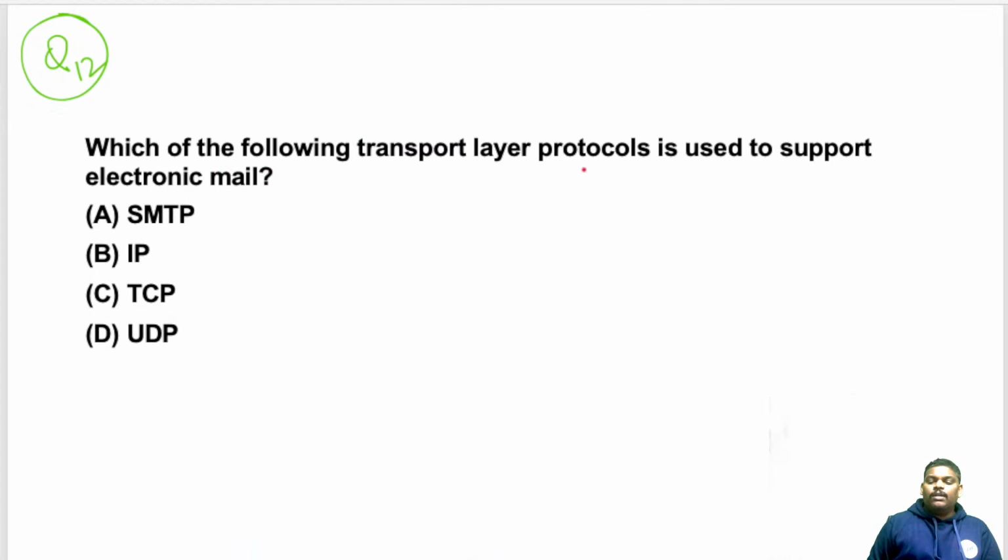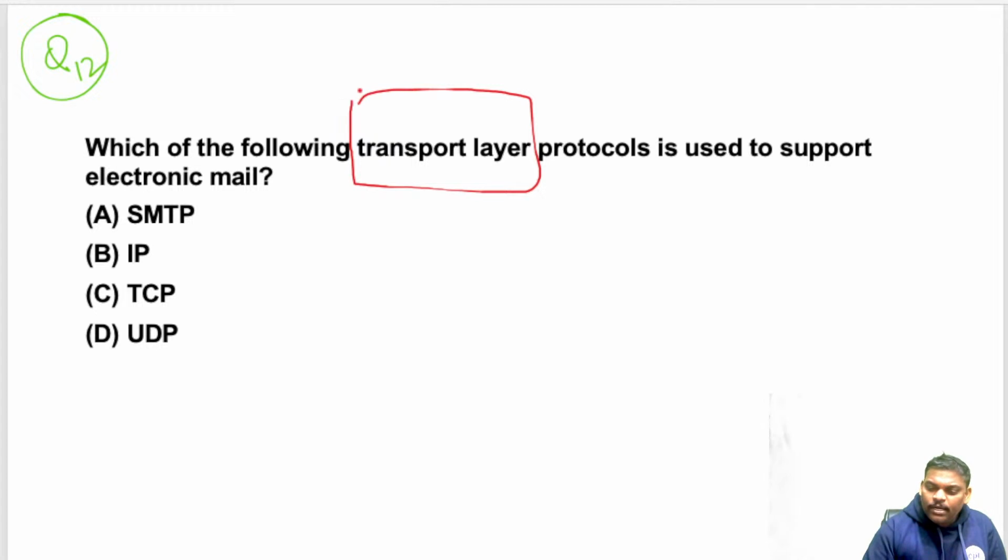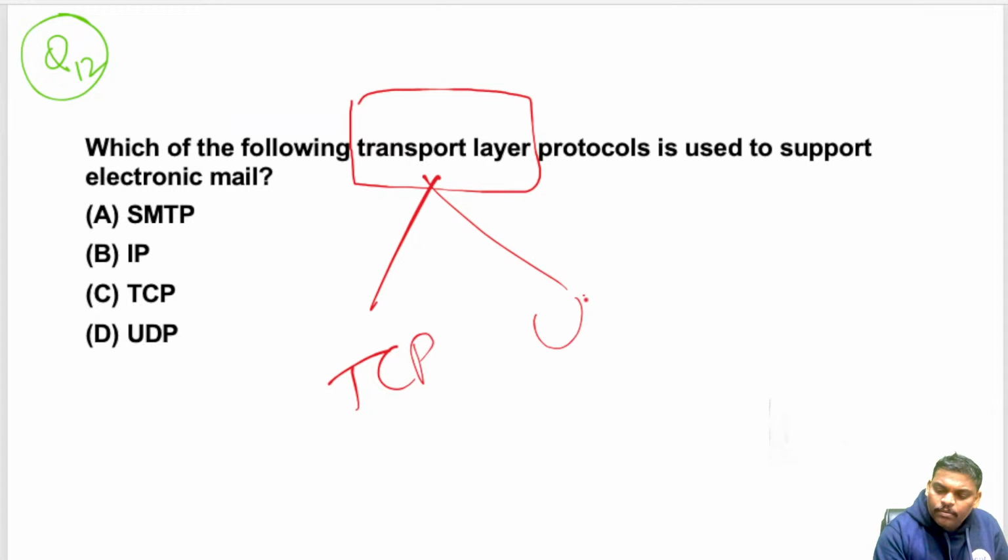Which of the following transport layer protocols is used to support electronic mail? Transport layer is not asking application layer. Remember, it is not asking application layer, it is asking transport layer. Transport layer has two protocols, TCP or UDP. So remember